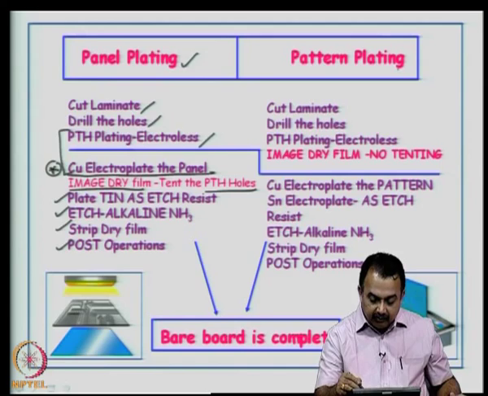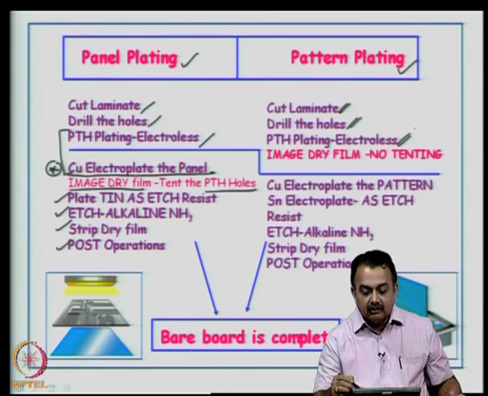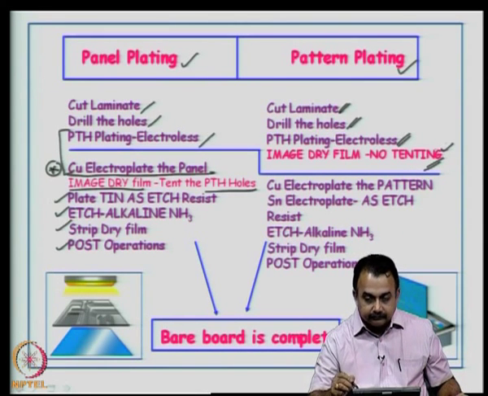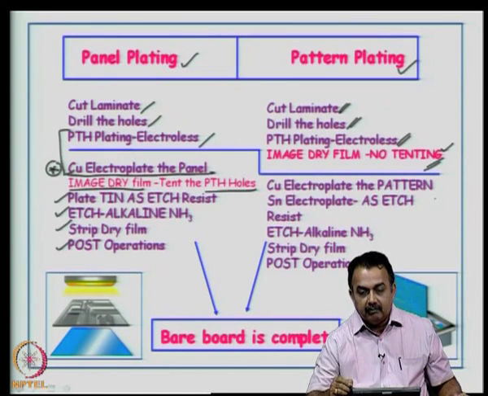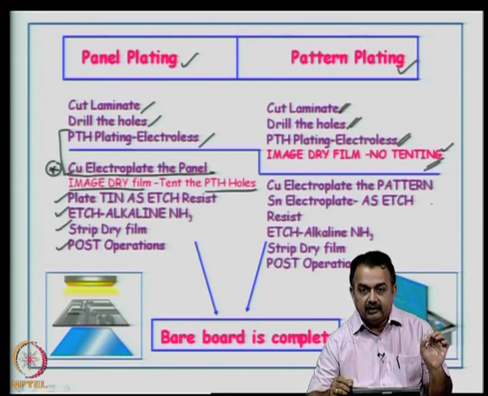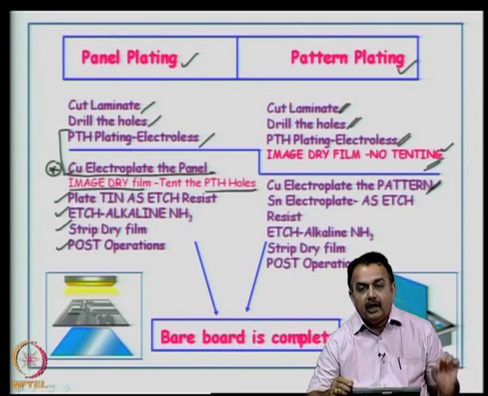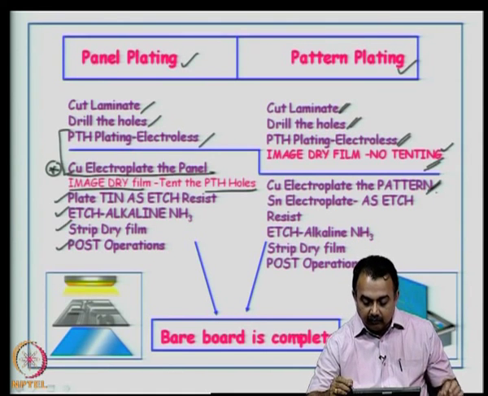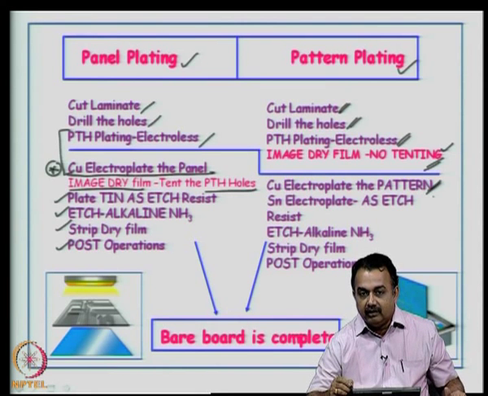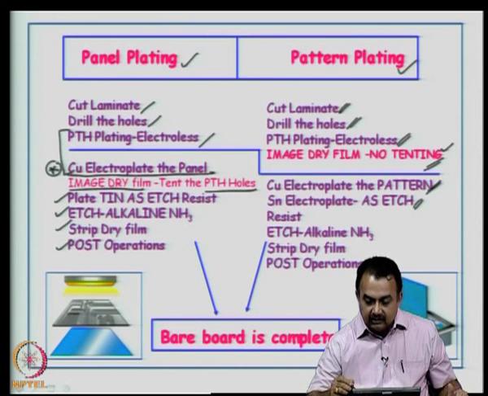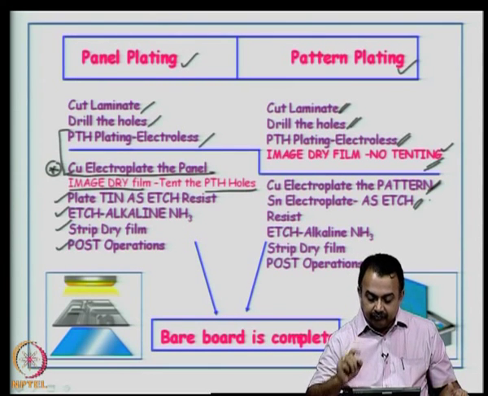In the pattern plating process, you cut the laminate, drill the holes, electroless plating is done. Now, you do imaging of the dry film, no tenting is done. Compare it to the previous process. Now, you build up the copper by electroplating method on the pattern areas that you require to add more copper to the required thickness. It could be from 8 microns, you are going to build, let us say 22 microns. Now, you tin electroplate as the etch resist on the pattern areas only,